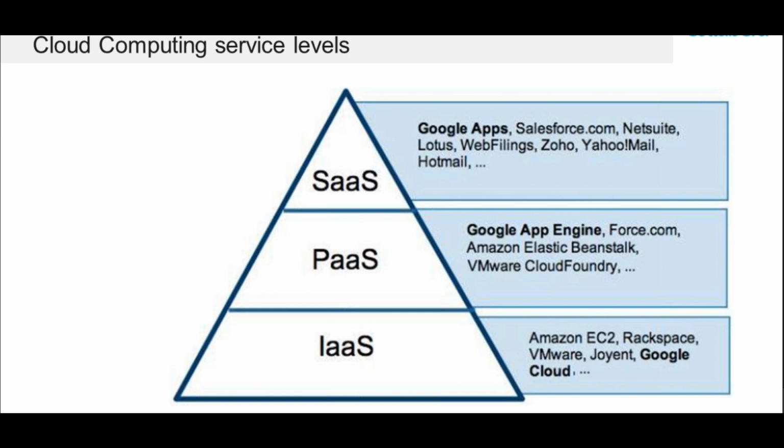Right. So coming to the cloud computing service models. And this is with respect to every cloud. It is not with respect to only Google Cloud. The service models you have to go through and understand with respect to any cloud. Now, first of all, here on the screen you can see three service models: infrastructure as a service (IaaS), platform as a service (PaaS), and software as a service (SaaS).